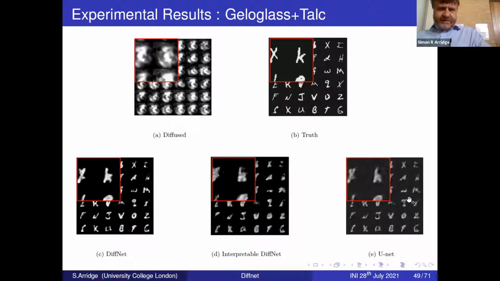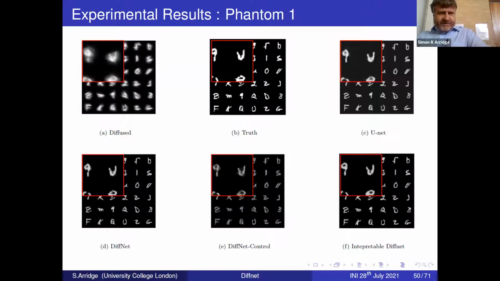UNet is also performing, but appears a bit more blurred. And this, which is called interpretable DiffNet, is the version with the mean-free operator without the regularization added. So you can start to see the noise accumulating or appearing in this inversion process. Then just some more examples. In these examples, the average spatial diffusivity is varying over the image, so it is increasing. This one is relatively weak scattering, although you can still see spatial variation. So both DiffNet and UNet are performing pretty well.